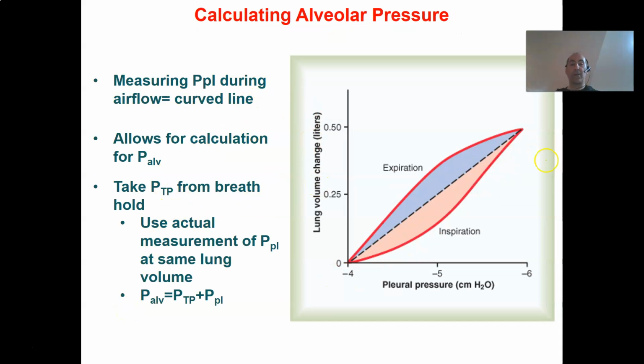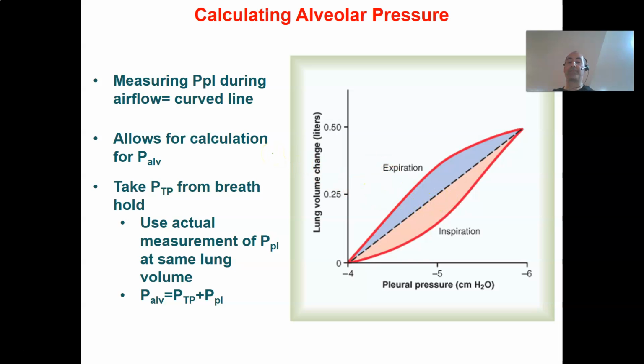And that's the curved line here in inspiration. This allows making this compliance curve, because compliance is volume over pressure, and we haven't really talked about compliance yet. Then you can calculate